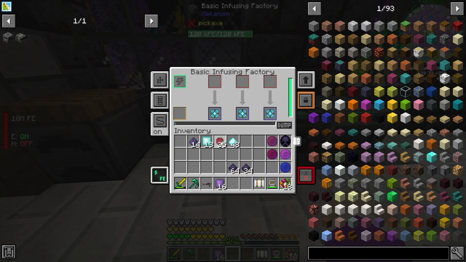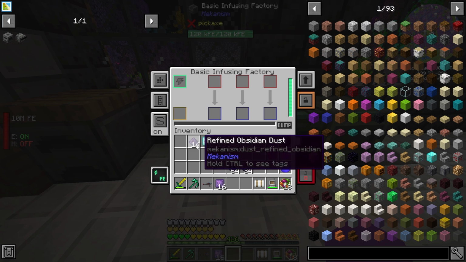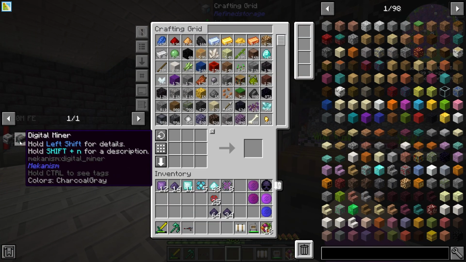So how many of these does it take? I think it's, yeah, okay, it's 2 per one as well. So we got 5 of these. Let's do 2 of these, and then I think we should be able to do 8. Yep. So then we got 13 of them. So now I want to put obsidian in there, take half of them and do this. I think it's 4 per one now as well for this one. Yep. There we go. So now we got our atomic alloy, refined alloy,